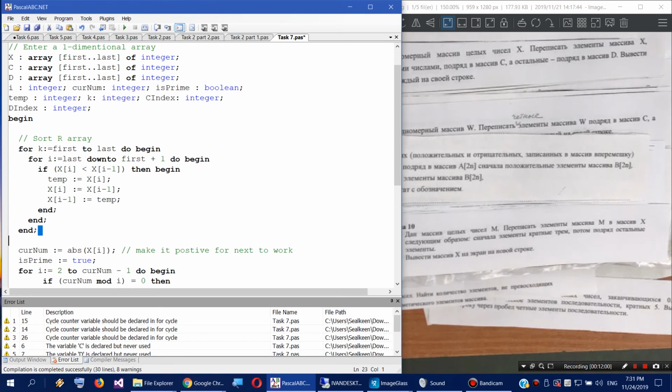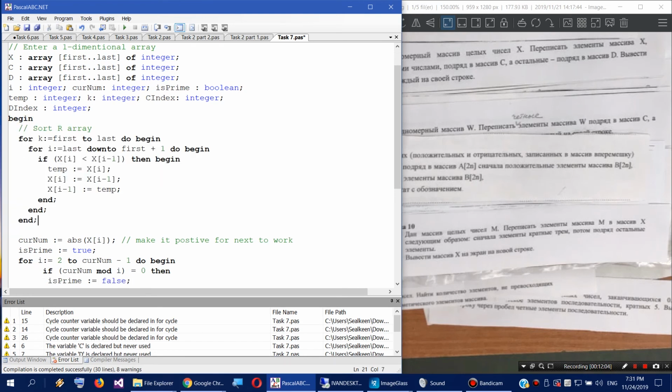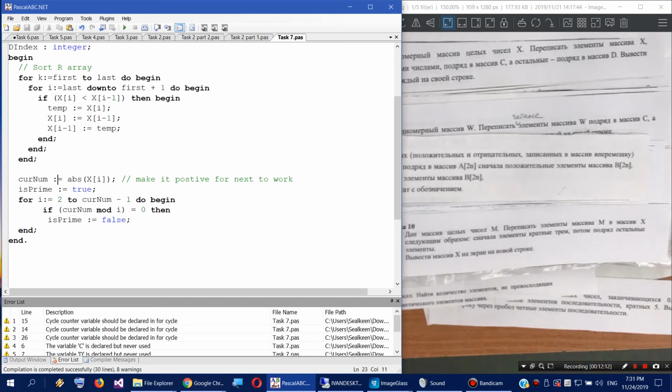So first we sort the array X in ascending order, from 0 to 10 in our particular case, and we've declared here some loop that determines if the number is prime or not. If the number is prime, it can't be divided by any number except for 1 and itself without remainder. So if the remainder is 0 when divided by any number except itself